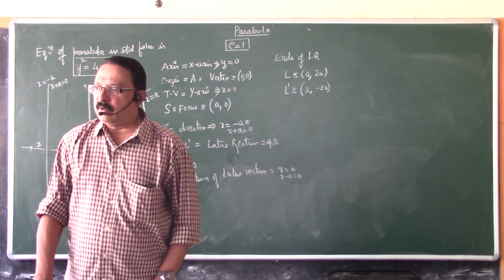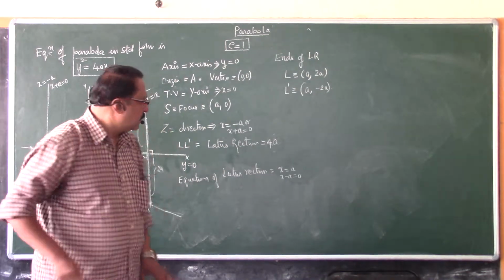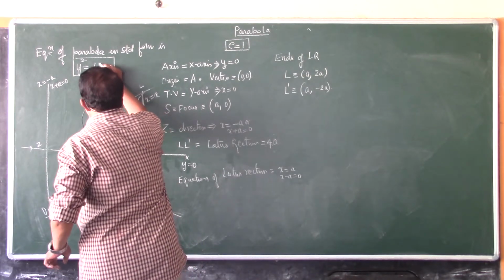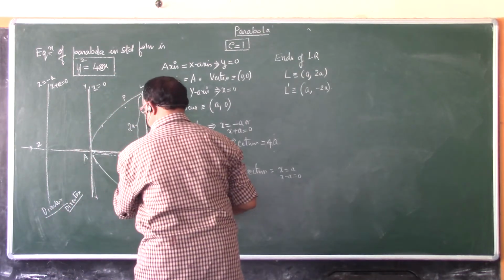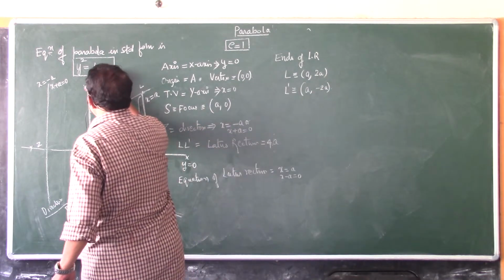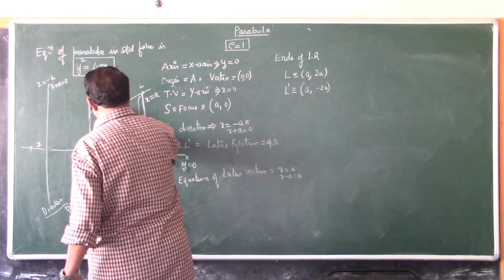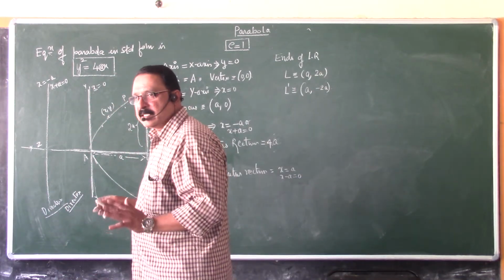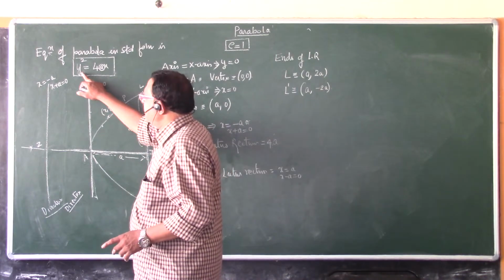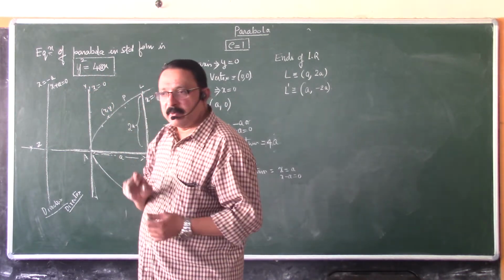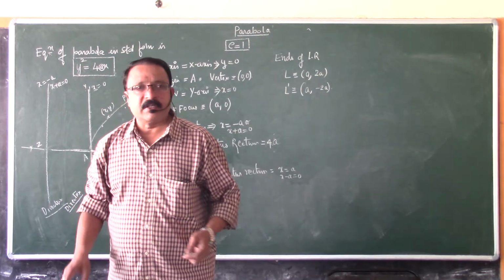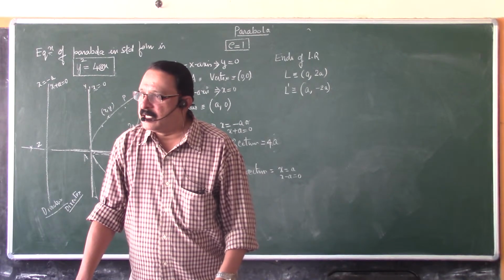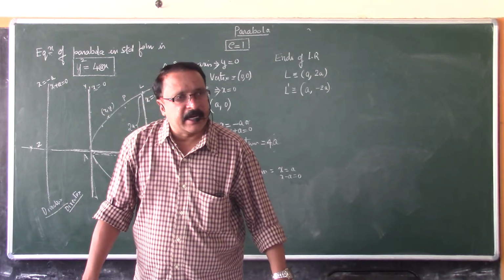So we have now listed all the details of the parabola y square equals 4ax. Now you know what a is here. a is the distance between vertex and focus. And what are this x and y? It is some point on the parabola. You can choose it here, here, here, anywhere. x comma y is a point on the parabola. Then y square equals 4ax gives the equation of the parabola. Note that the equation of a parabola is second degree. The equation of a straight line is first degree. The equation of any conic is second degree.